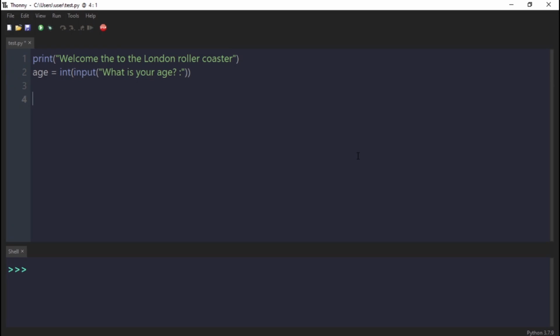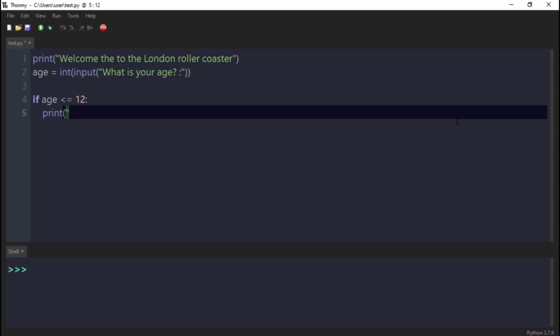Now that we have asked the user for their age, let's write our if statement to catch the age differences. Now say if age is less than or equal to 12, then print, we want to tell the user that child tickets cost $5. Now say child ticket,